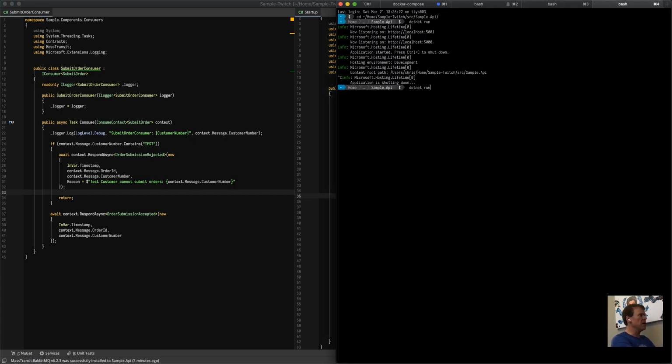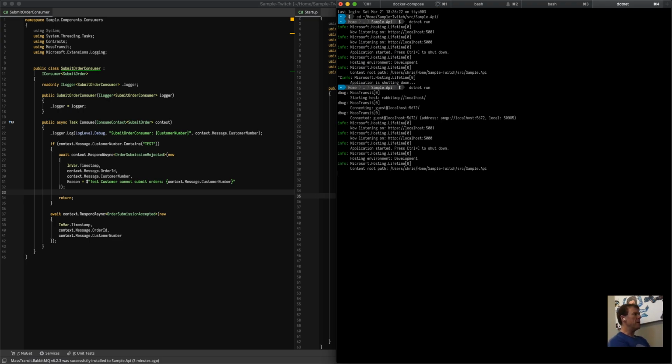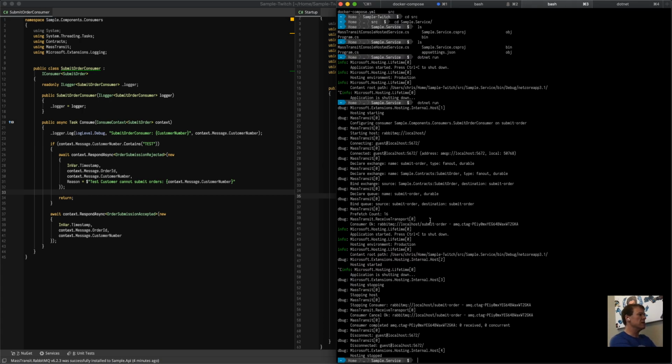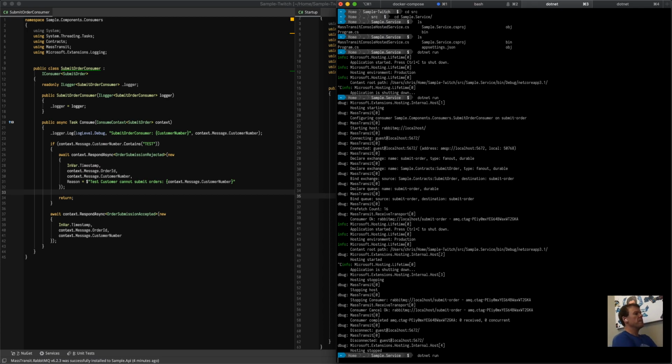So I'm going to add this. I'm going to call dotnet run. And now we see MassTransit starting the host, connecting, and I have a connection to the broker. That's it. That's all it does. It isn't consuming any messages, so there aren't any receive endpoints. It's doing literally nothing. But if I open another window,